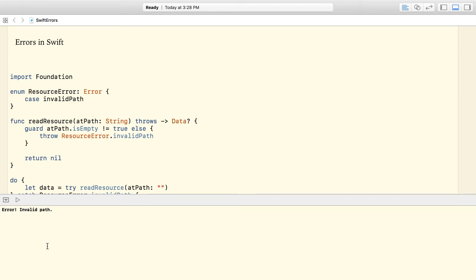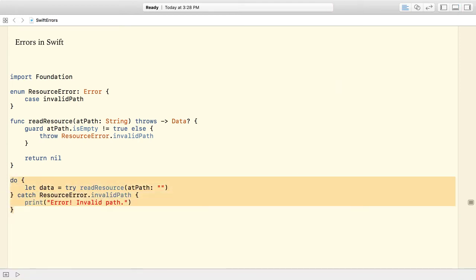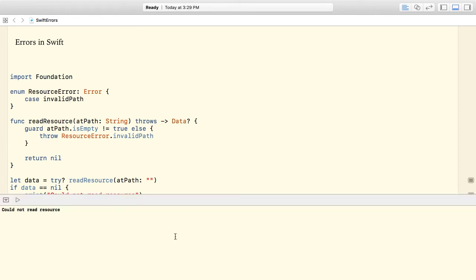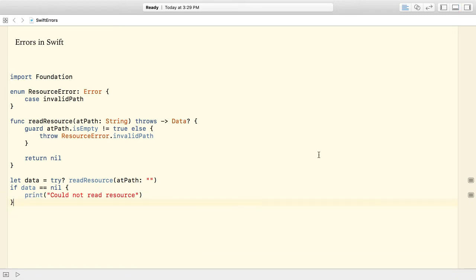There are also other ways to handle the error. Using a conditional try, the result of the execution will be nil if an error occurs. The code becomes a one-liner. There is a problem with this approach though. We have no idea what happened. Use conditional try only if you really don't care about the error. Ignoring the error prevents you from displaying meaningful error messages. And you can't provide a fallback solution for the given problem either.